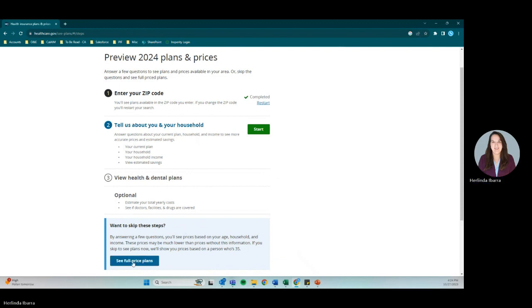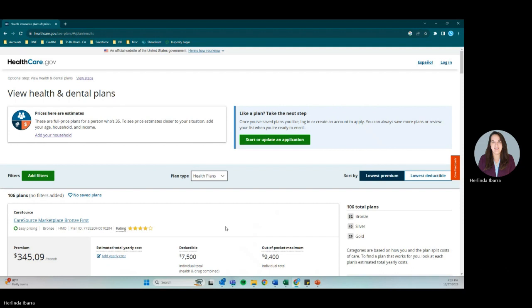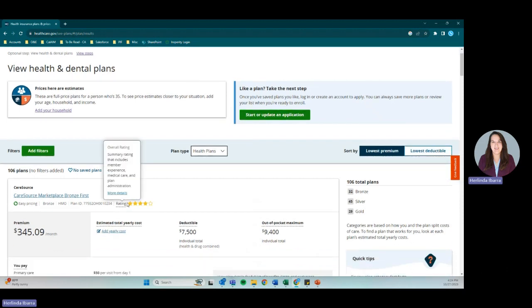This will allow us to get a more general idea of the types of information available on the window shopping tool. And so what we'll be viewing right now is going to be full price plans available for somebody age 35 in Lucas County. You can see here in Lucas County, there are 106 plans available, but do keep in mind that in many